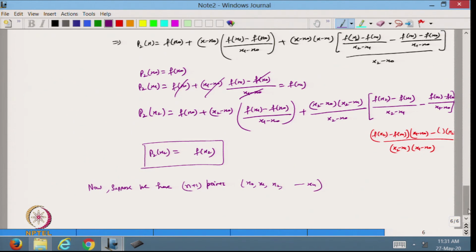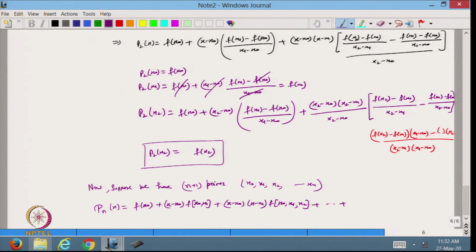So, now from here I can write directly my nth degree Newton interpolating polynomial. So, that will be equal to f x naught plus x minus x naught, the first divided difference, plus x minus x naught, x minus x1, second divided difference,